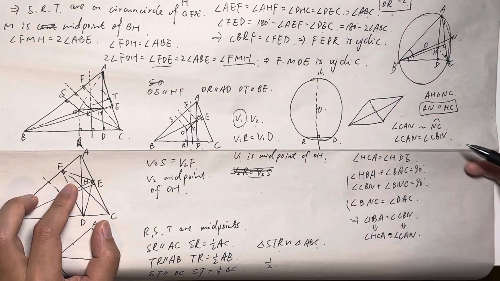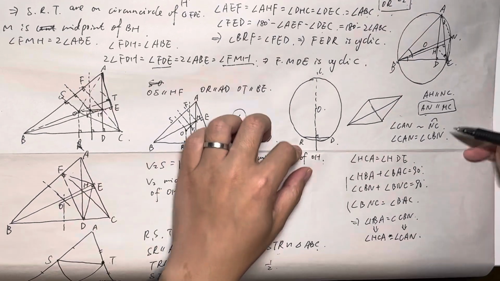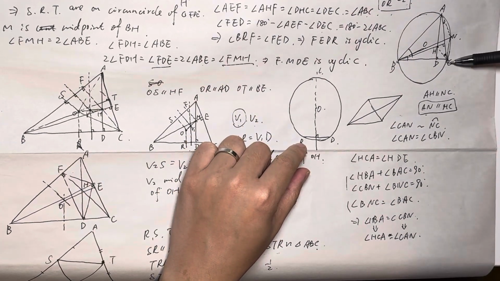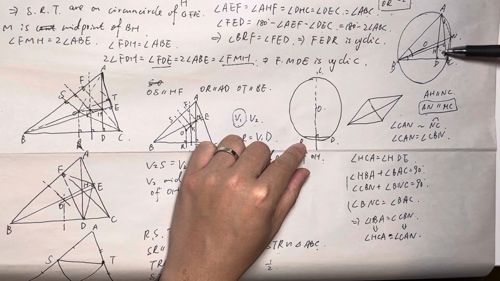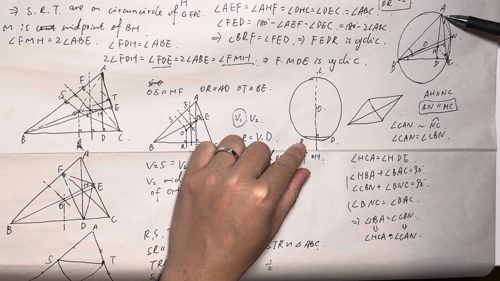Let's continue. So, we want to prove NCHA is a parallelogram, right? We already know that NC is parallel with AH. The next thing we want to prove is that AN is parallel with HC, then NCHA is a parallelogram, right? To prove AN is parallel with HC, we can just prove angle NAC equals angle